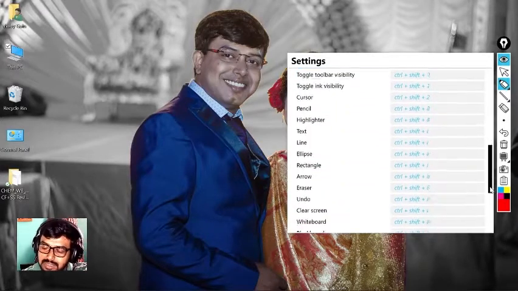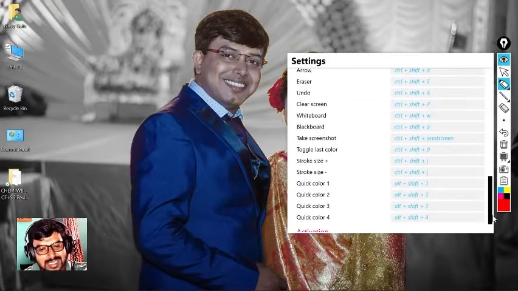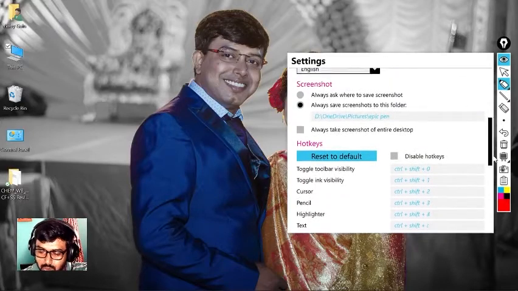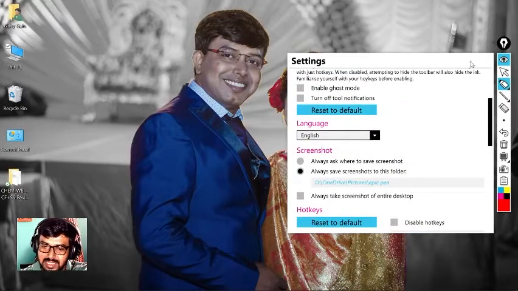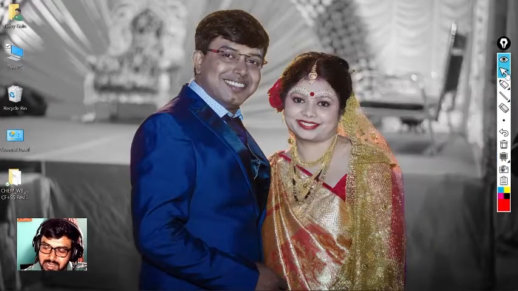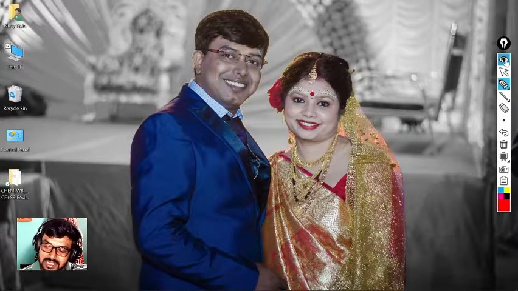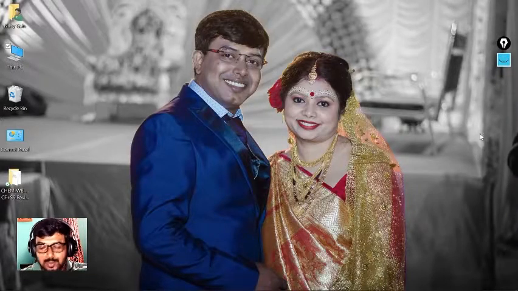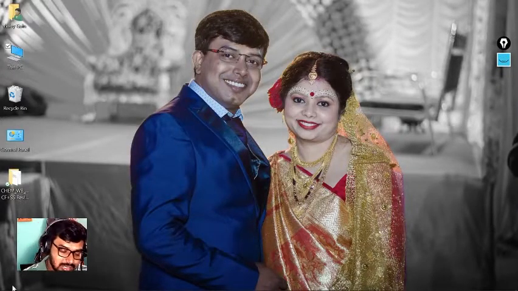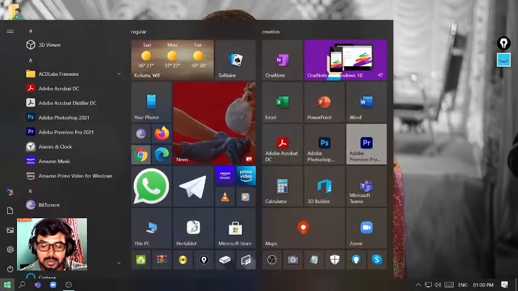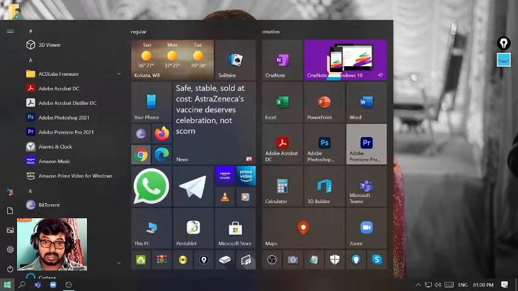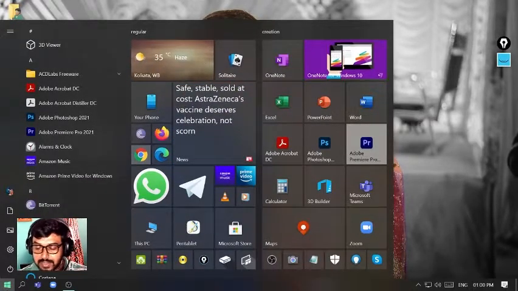There are the shortcuts for Epic Pen. I don't need those. There is a host mode in which this screen will not be visible, but I don't prefer this particular part, because for that I have to remember the hotkeys, and remembering hotkeys nowadays is a bit difficult. So it's better this way. I just poke the eye, it would be closed. So without wasting time, let's proceed further.